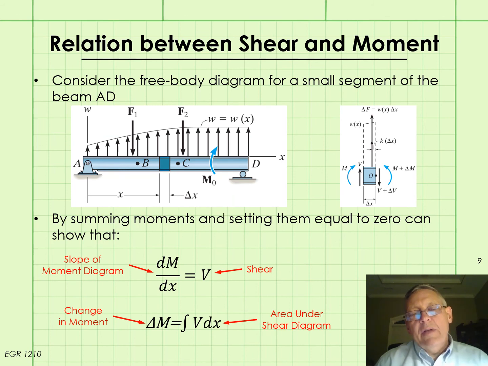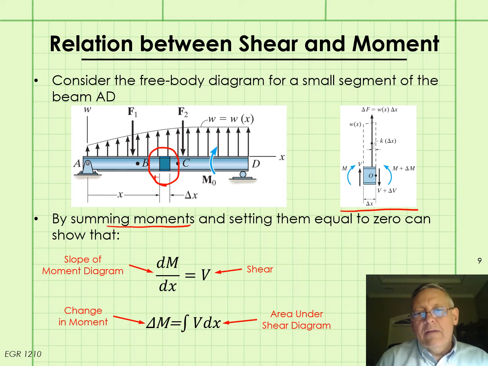And now let's look at the relation between shear and moment. Again, we're going to consider the free body diagram for a small segment of a generally loaded beam. Here's the free body diagram, the same free body diagram that we used a couple slides ago for the relation between shear and distributed load. And now, instead of summing forces in the vertical direction, we're going to sum moments and setting them equal to 0,